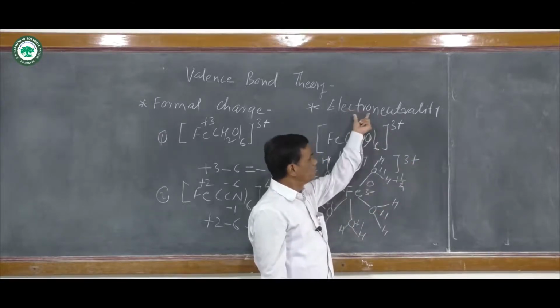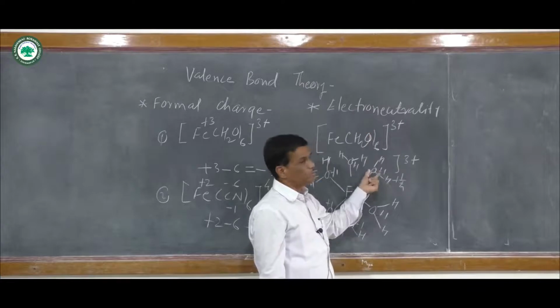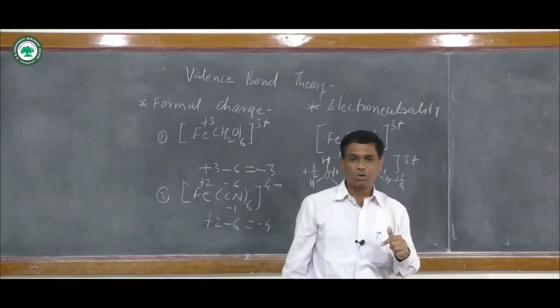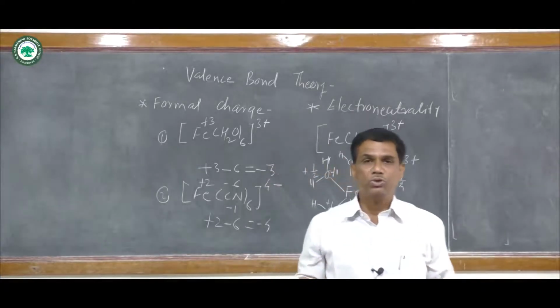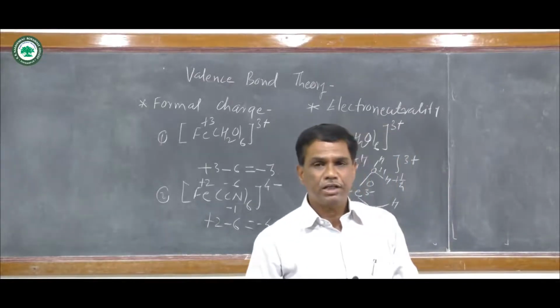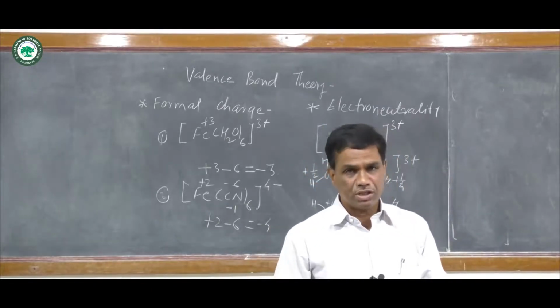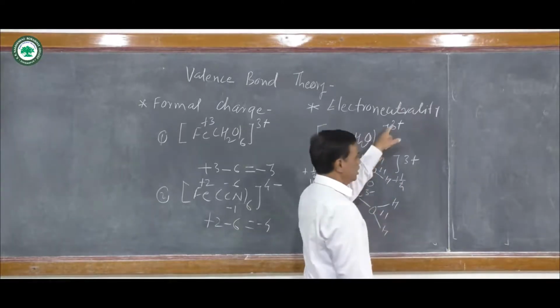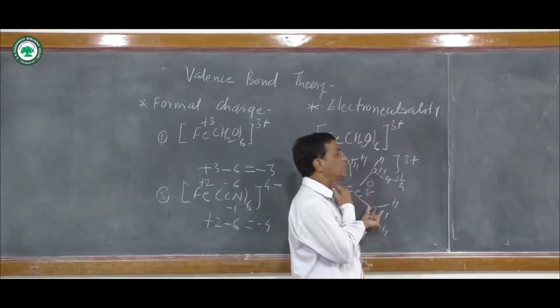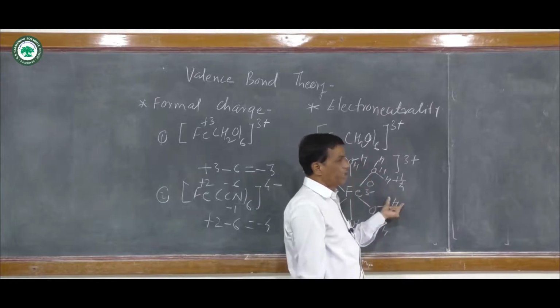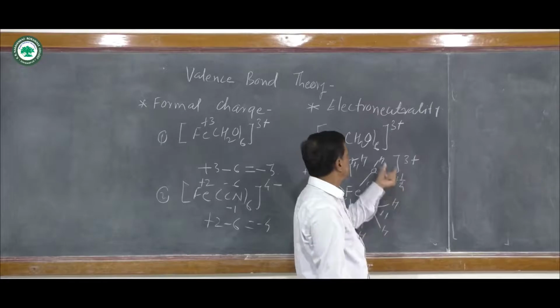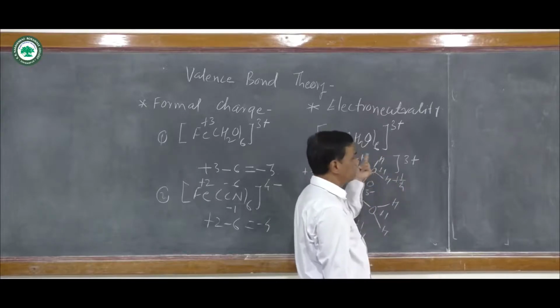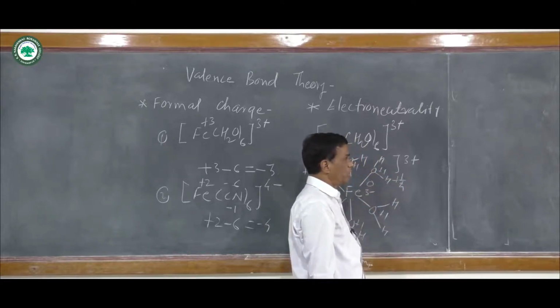There is electron neutrality, meaning each atom in a molecule or complex compound tries to neutralize the others, and it is called the electroneutrality principle. And this is the example for Fe(H2O)6 3 plus having a 100% covalent bond. When bonding is 50% covalent and 50% ionic, there is neutrality of each atom in a molecule.